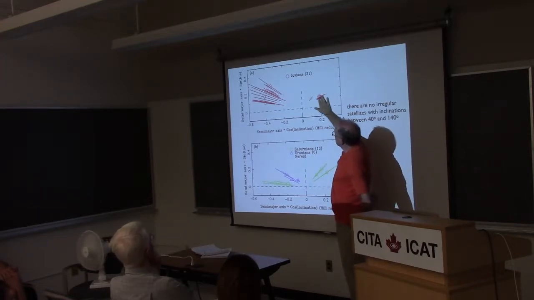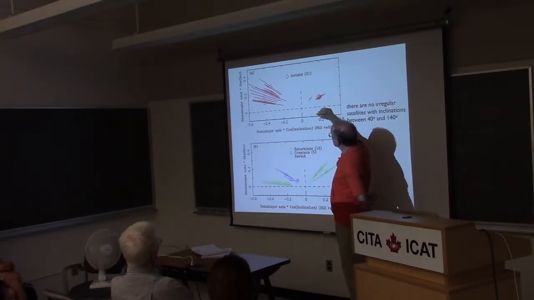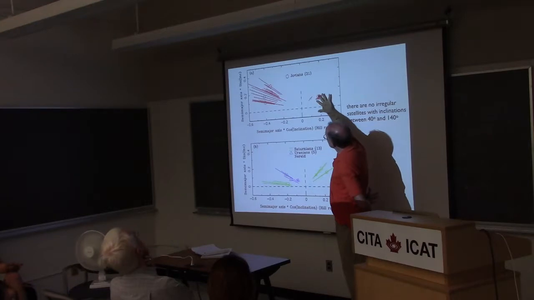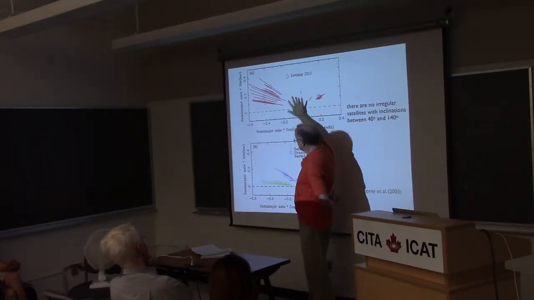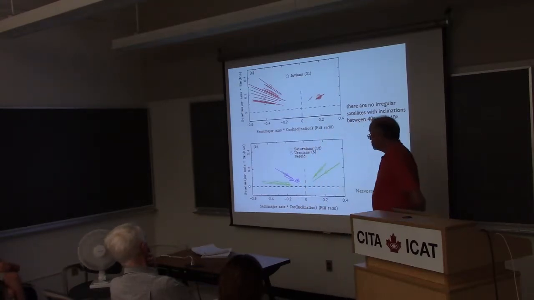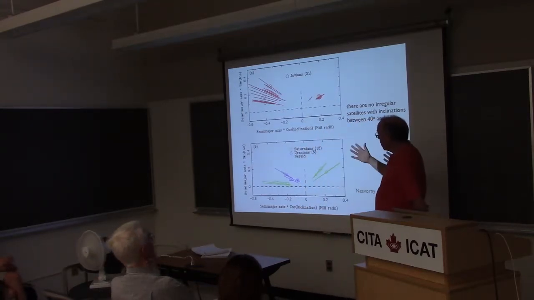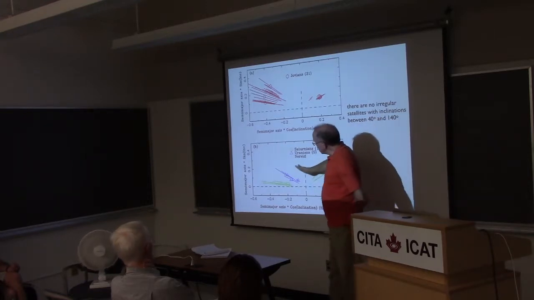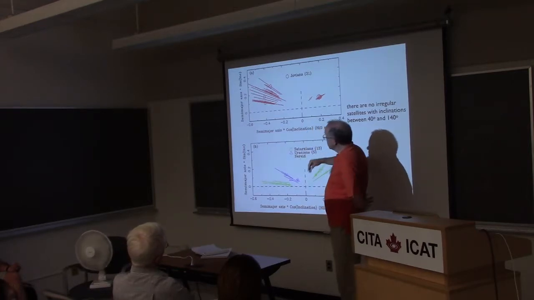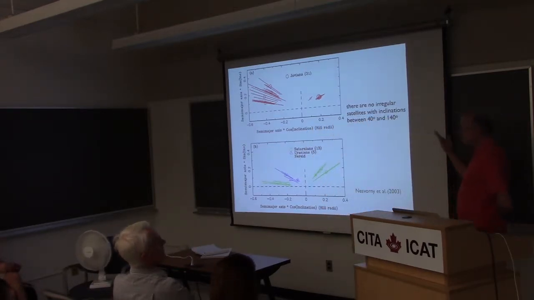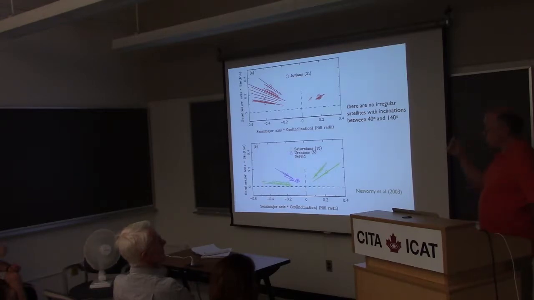The lengths of these indicate the range between pericenter and apocenter. They're inclined. There are some with prograde, some retrograde, and nothing at high inclinations. And it's almost certain that the reason there's nothing at high inclinations is that these limits are roughly the critical angle for Kozai oscillations. The ones above this have sufficiently large Lidov-Kozai oscillations that they occasionally have pericenters where they interact with the inner satellites or fractions of the planet.